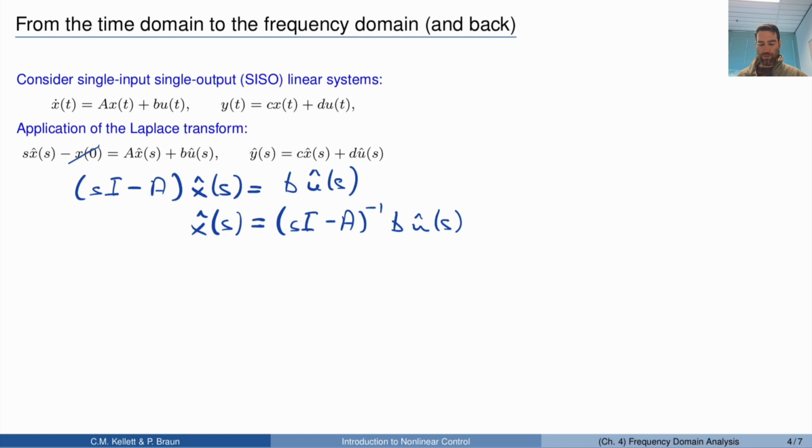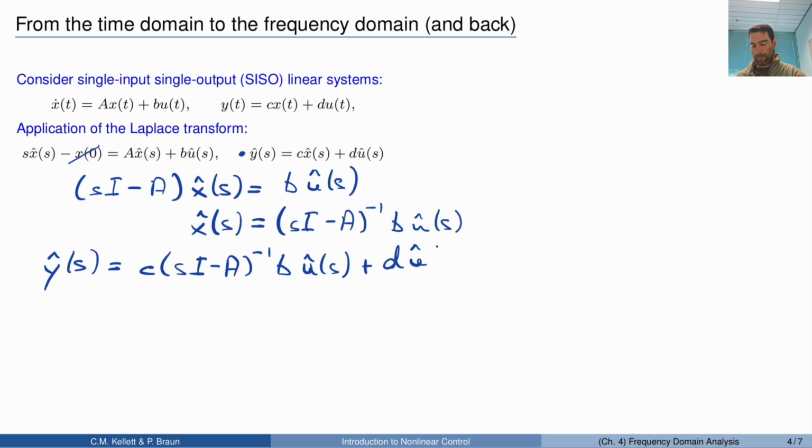And then if we plug that into our output equation here, we obtain y hat of s is equal to C (sI minus A) to the power minus 1 B u hat of s plus D u hat of s. We can slightly rewrite that to y hat of s is equal to C (sI minus A) to the power minus 1